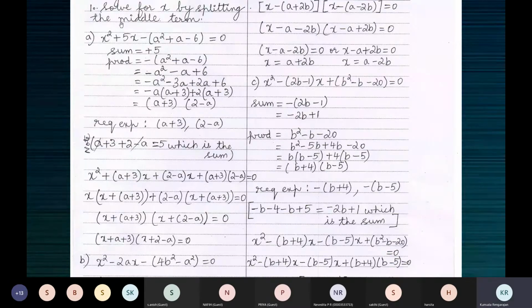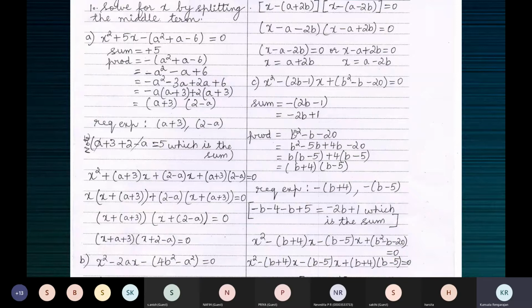The variable is x. You can see the x square term, the x term, and this is one expression which does not have the x square or x term. So this is regarded as a constant. In this quadratic equation in one variable x, this is the x square term, this is the x term, and this is the constant. Why is this called the constant? Because it does not have the x term at all. You don't see x here.